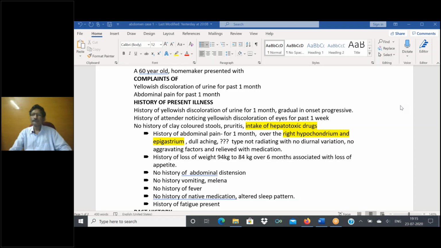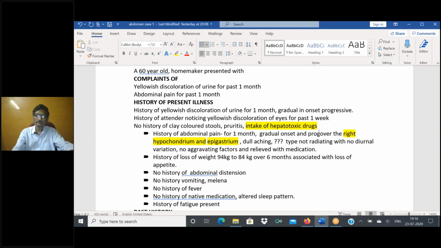How was the onset and progression? If you remember, you tell. Otherwise, I will put it as a question. Onset was gradual, increasing pain day by day. So it is gradual onset and progressive. So we will finish it first. So abdominal pain for 1 month, gradual onset and progressive